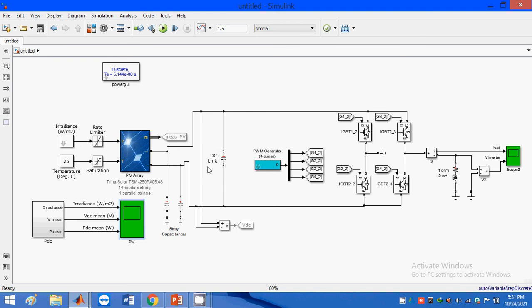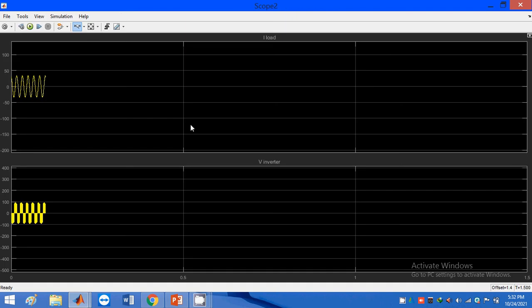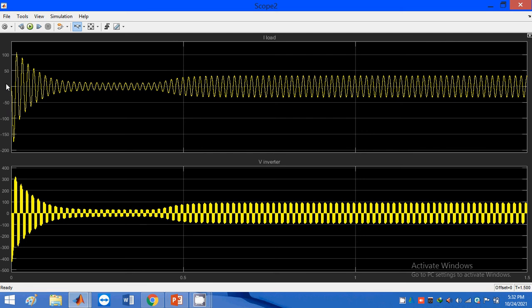This is the full bridge inverter with the pulse width modulation controller. At the output side, this is DC, so we need to convert DC to AC. This is the waveform for the DC to AC conversion. From 0 to 0.1 the waveform will be rising. Why?